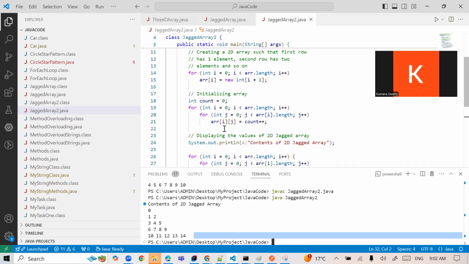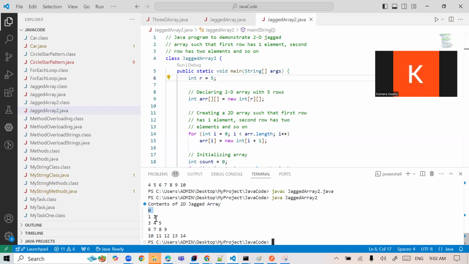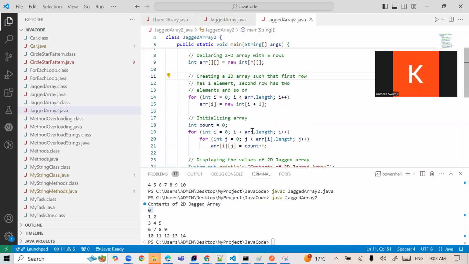Here, inside, I have taken 5 rows, rows equal to 5, and with the 5 rows I am initializing and creating the first row that has 1 element, and the second row has 2, and so on. So for that, I initialize the